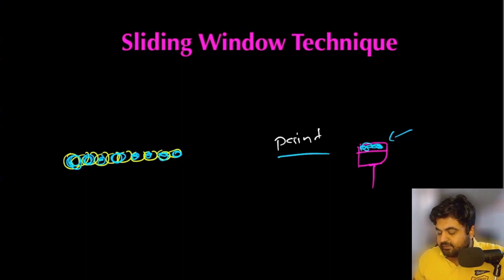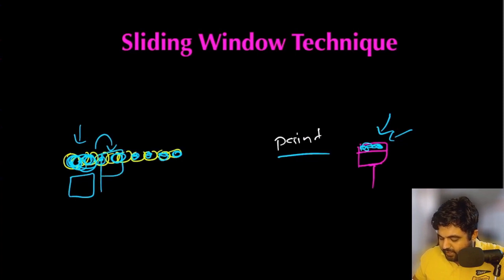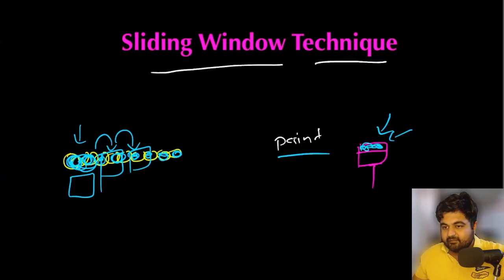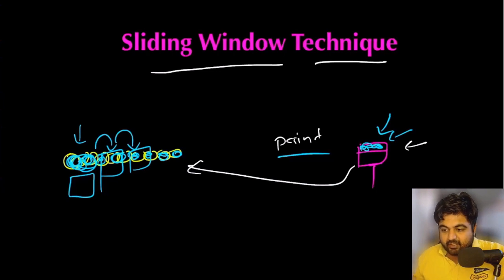In this example, what we did is that we took a certain window, in this case a brush, and that size of the window we applied to our input, which is our chain, and then we were able to accomplish our task. Then again we repeated the same process for the next window, and again we repeated the process for the next window. This is the whole meat of the sliding window technique, where we take a smaller bunch, we apply some computation to that, and then we keep on repeating the same process for the entirety of the input. And congratulations, you just learned the sliding window technique. There is nothing more than that.